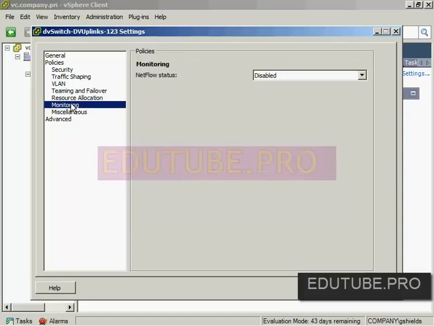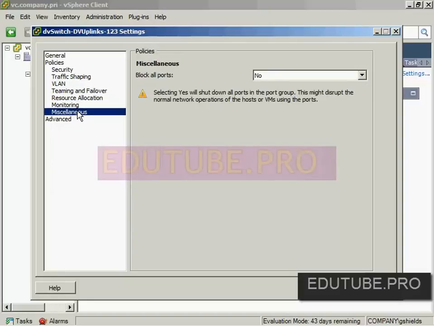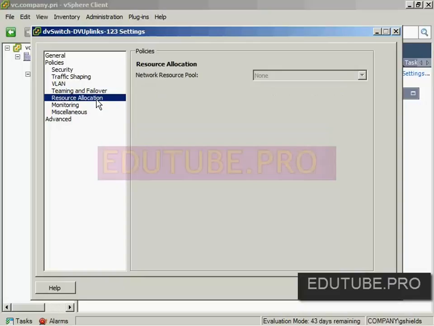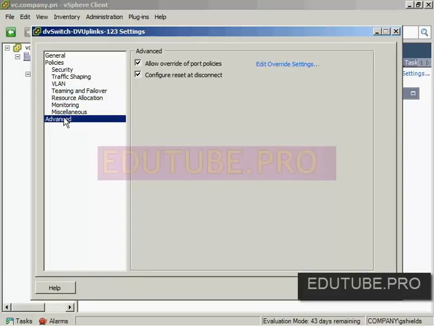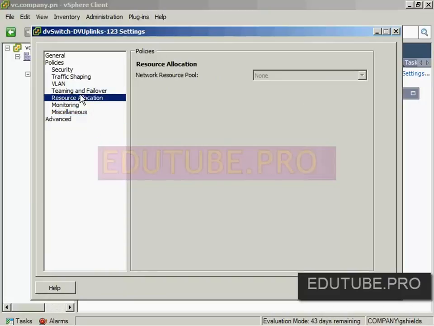Now, what's different here, however, is this resource allocation, monitoring, miscellaneous, and the advanced stuff in here. These are different because this is where you could actually identify a network resource pool, okay, and you could use networking configurations, right? So how many network resources are you using as a measurement for your allocation of resources, okay? Network I/O control is a mechanism that allows you to limit the virtual machine's use of its network